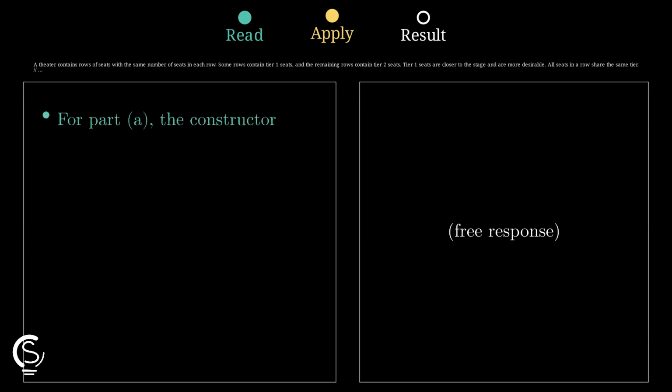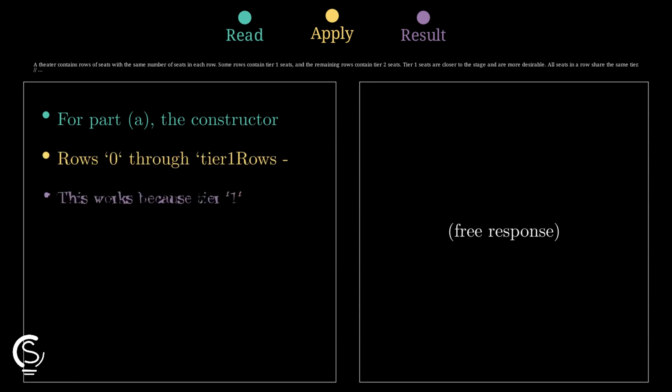The correct approach is: public Theater(int seatsPerRow, int tier1Rows, int tier2Rows). theaterSeats = new Seat[tier1Rows + tier2Rows][seatsPerRow]. for (int r = 0; r < theaterSeats.length; r++), for (int c = 0; c < theaterSeats[0].length; c++). If r < tier1Rows, theaterSeats[r][c] = new Seat(true, 1), else theaterSeats[r][c] = new Seat(true, 2). For Part B,